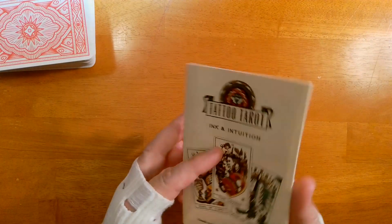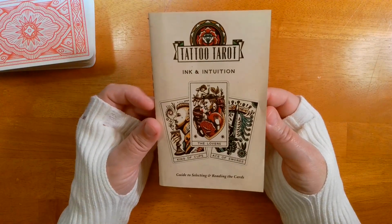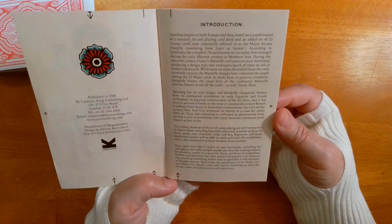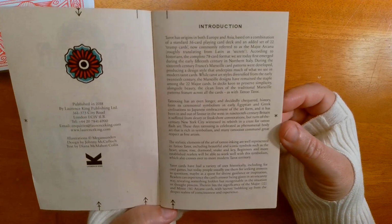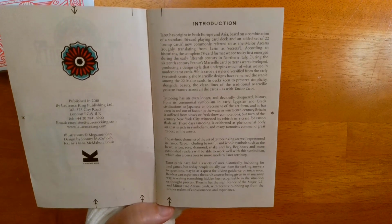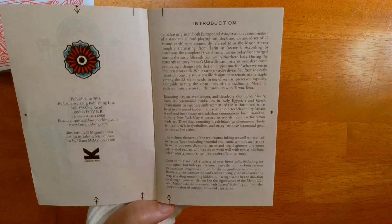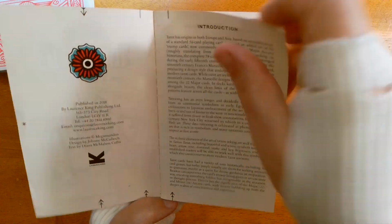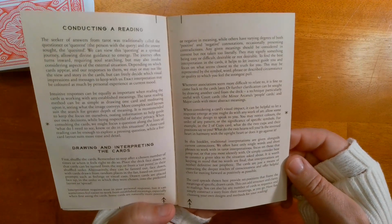Okay, so let's look at this little guidebook. And it is only 23 pages. And we go into the introduction. And I will let you pause that and read that at your leisure. And they just basically go into tarot and tattooing, and conducting a reading,